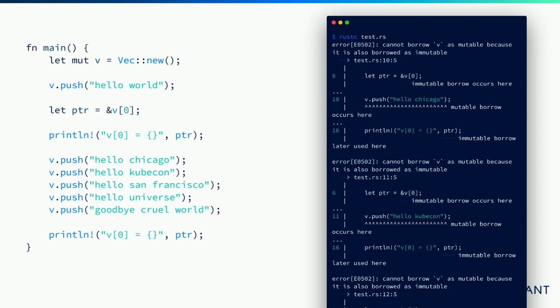What that means is that we have this pointer to this vector, and while that pointer is still valid, while that reference is outstanding, we tried to edit v. We tried to mutate it. And that is not allowed. That violates exclusive mutability. And so the Rust compiler is able to tell us, hey, this is going to be a problem. You can't do this. This violates the rules of exclusive mutability.